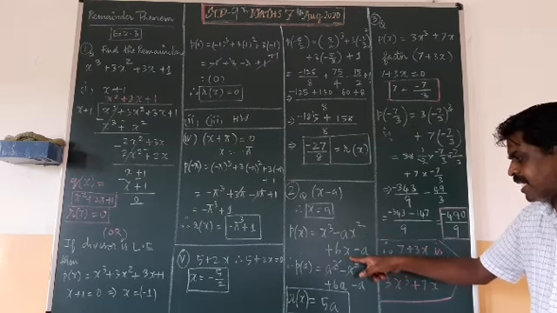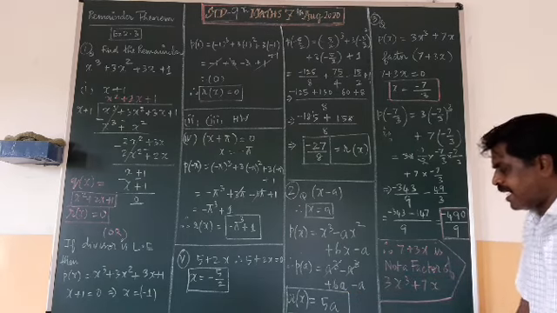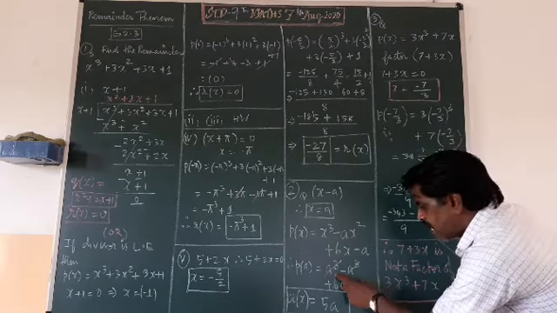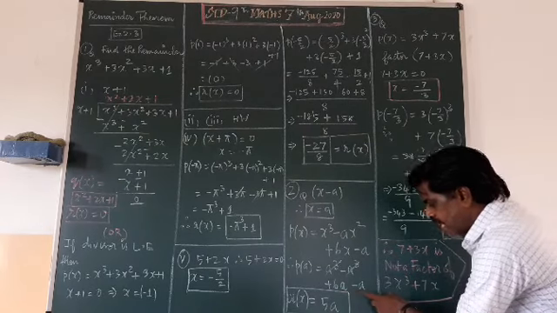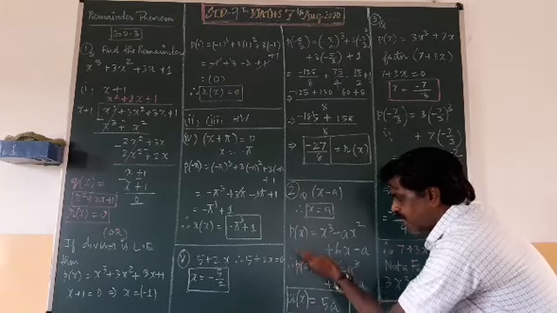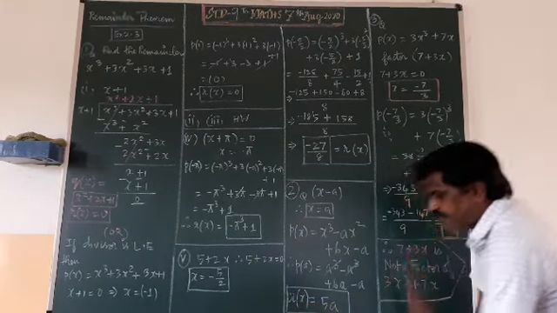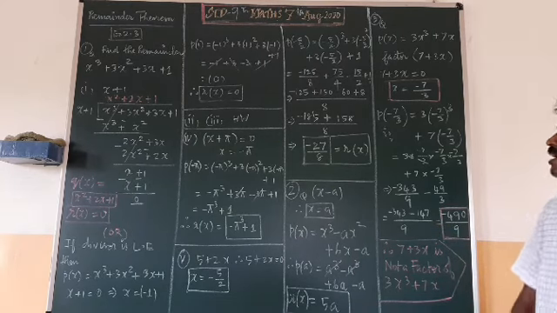Then plus 6x is there. Then for x I am substituting a, 6a. Then minus a is there. Then I am simplifying here, plus a cube minus a cube get cancelled. Here plus 6a minus a is there. What is the difference? So 5a. So the remainder of this polynomial equation is 5a. Directly by inserting the factor and finding r of x.